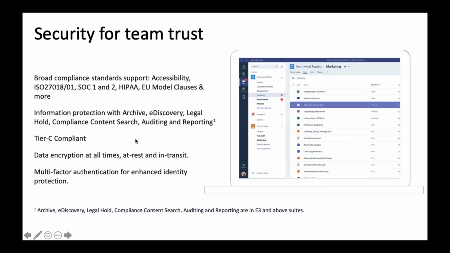Security. I think one of the big things that Microsoft has put in terms of security is making sure that if there's compliance, they can do what they call legal hold. Some companies are required to have legal compliance to make sure that the content they have in discussion is not deleted. Even if it is deleted, it's still searchable to the company.